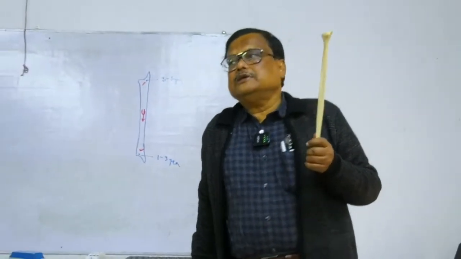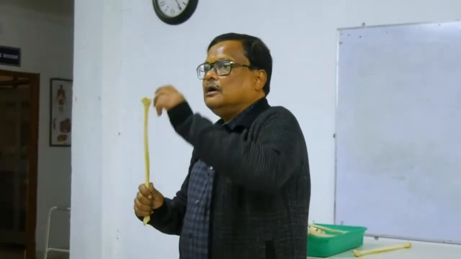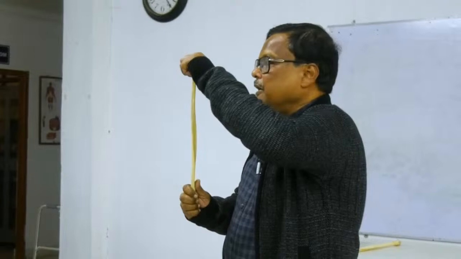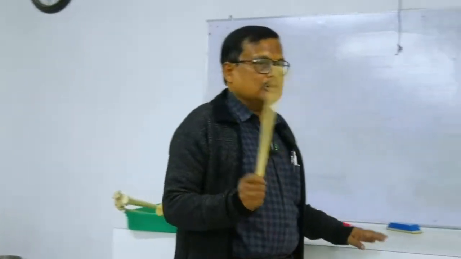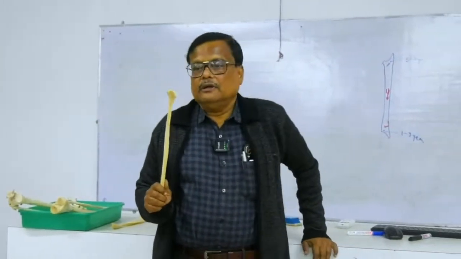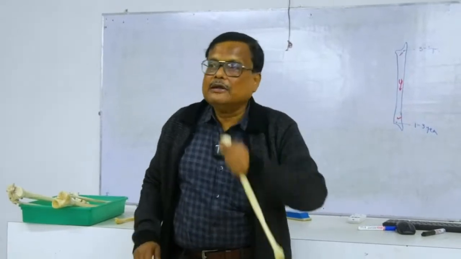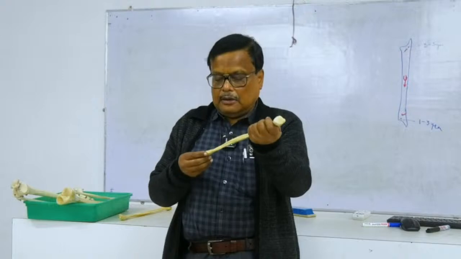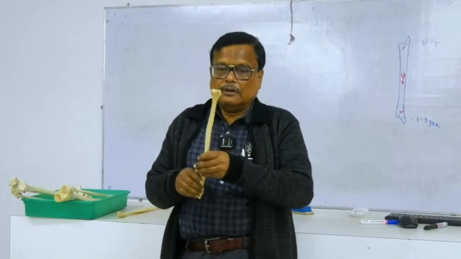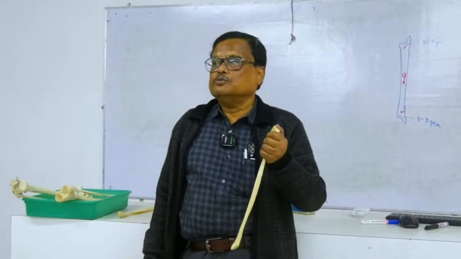Fibula as a description has got a shaft and two ends, upper end, lower end and intervening shaft. Fibula is a long bone. Function বলে দিয়েছি। আচ্ছা, নেক্সট হচ্ছে এক এক করে ডেসক্রিপশন। পরীক্ষায় বলবে যে আপার এন্ডটা ডেসক্রাইব করো, তখন তুমি বলতে হবে এরকম। তার আগে আমি বলে দিই আপার এন্ড কি করে বুঝবো আর লোয়ার এন্ড কি করে বুঝবো।